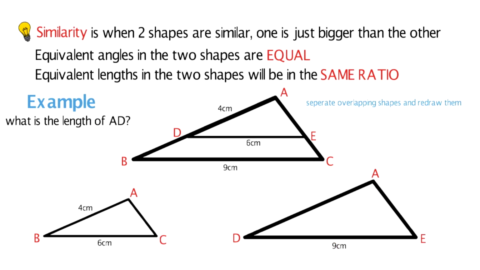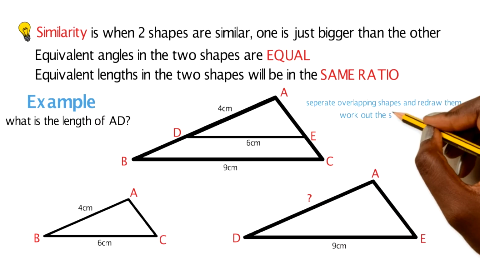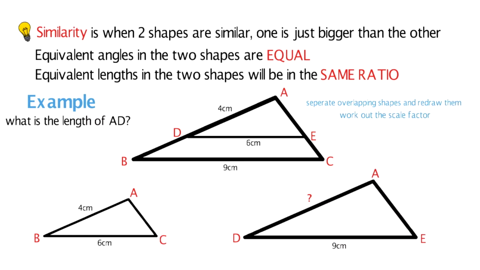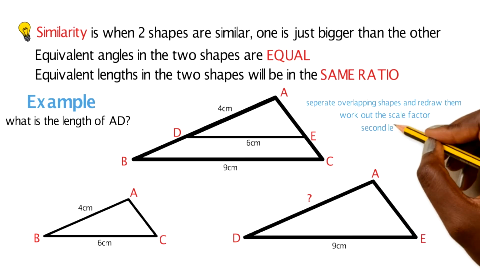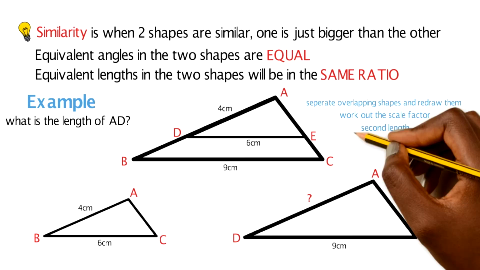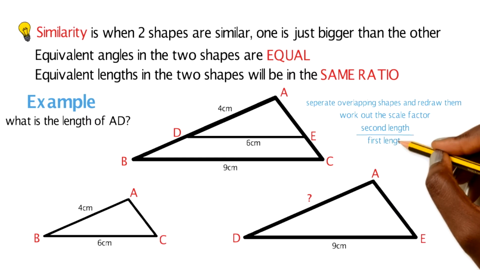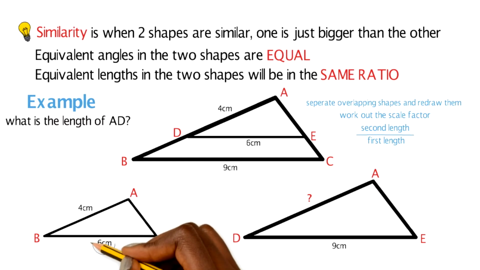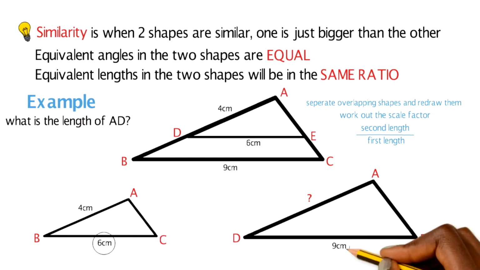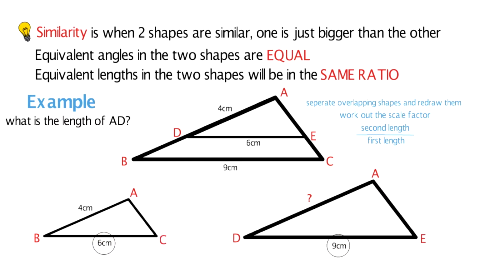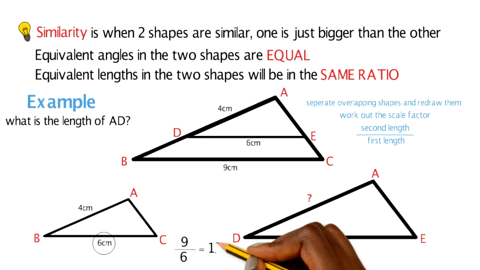Then, with these questions, we need to work out something called the scale factor. The formula for it is your second length divided by your first length. Because our length AD is on the bigger shape, which we'll call the second length, we're going to do 9 divided by 6. We're doing 9 divided by 6 because the 9 and 6 are both equivalent lengths. So 9 is the second length over 6,